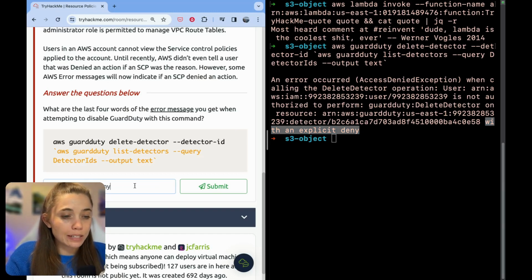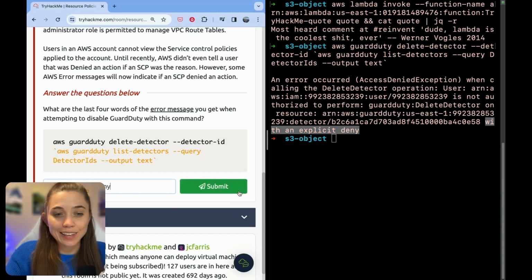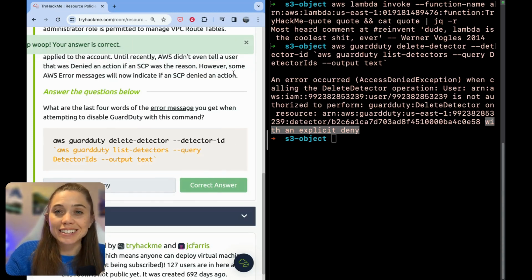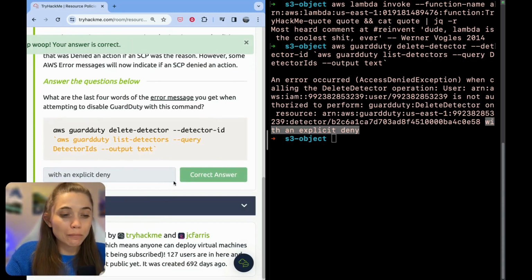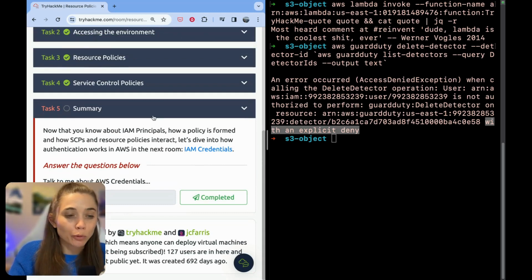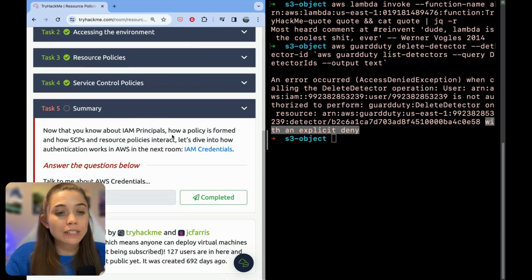All right, so let's see. With an explicit deny, I think is the flag here. Let's hit submit. All right, and that was the correct answer. So now we can move on to task 5, which is the summary task. And this is just wrapping up the room for us and says, now that you know about IAM principles, how a policy is formed, and how service control policies and resource policies interact,